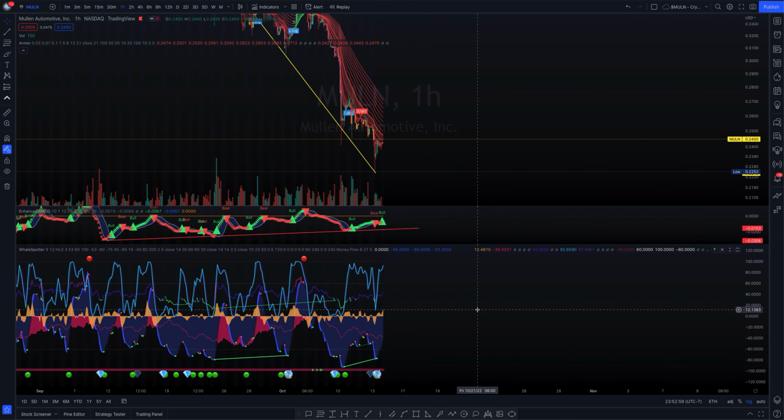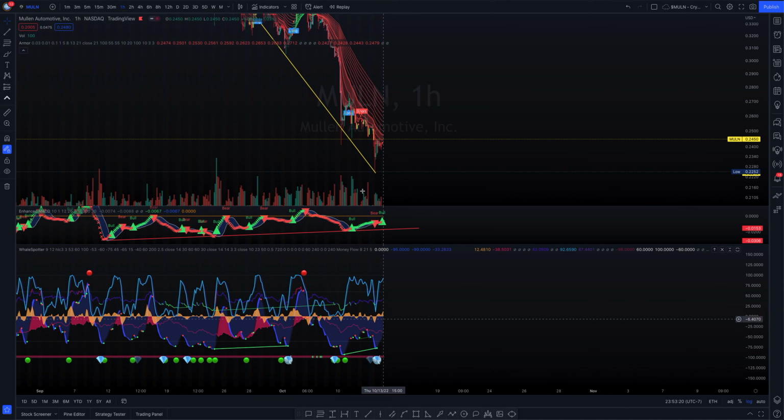This indicator actually has a money flow index, which is very important. It has sell signals. It has buy signals. It has an RSI built into it. The purple line, I think it was actually this red line, this is VWAP. It has a lot of cool stuff. Very, very intricate indicator here. So it has given us